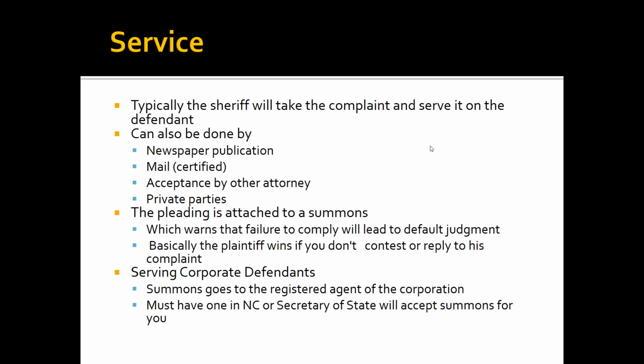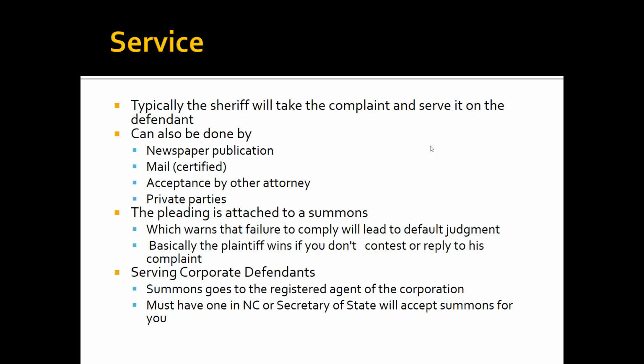These are just laying it out as if it's a geographical thing. I walk over to the sheriff's office, and they will have a division that serves papers. So I will pay them, and again, different states have different numbers, $10, $8, $20, whatever it's going to be. You give them, say, $20. They take that piece of paper, the summons, and the complaint that's attached to it, and they give it to